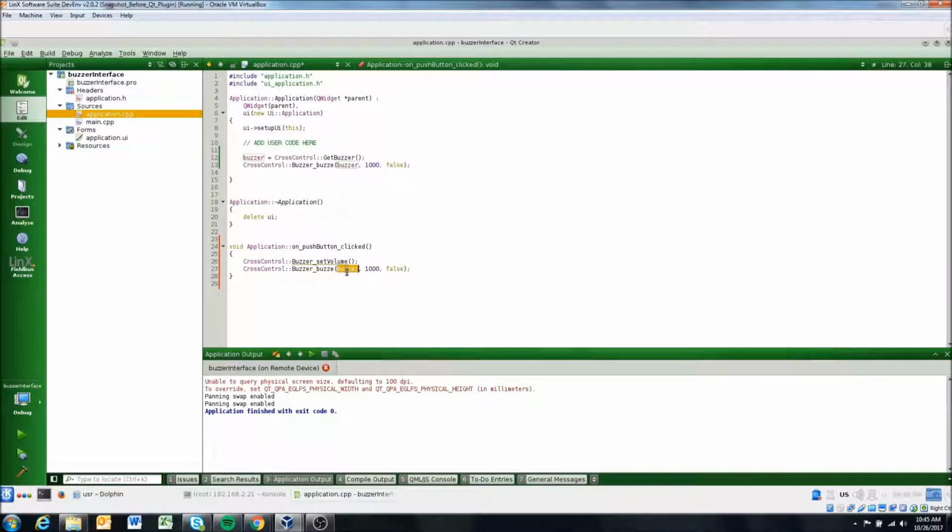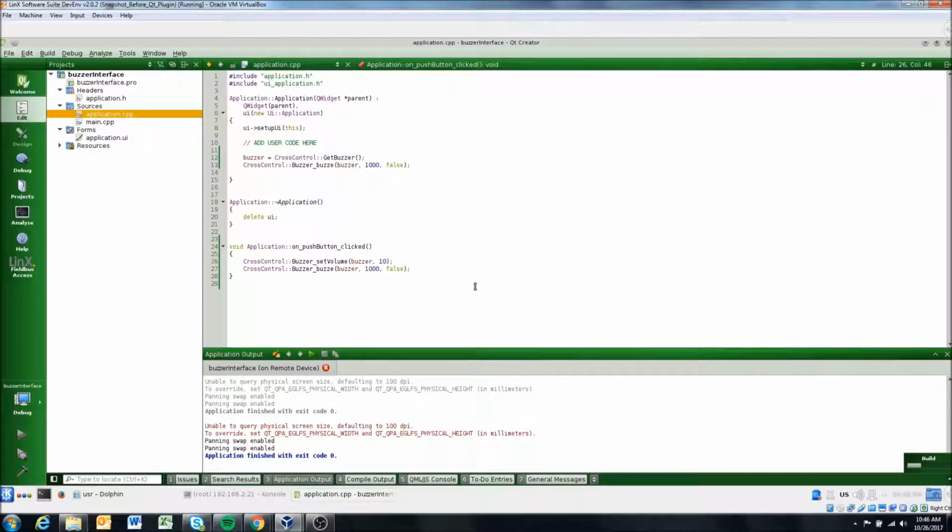So we need to give it the buzzer handle, which is buzzer. And then the volume will make it the loudest, so 51. So let's do this again. So now that's when it initialized, and I'm going to press the button, and we can hear it buzzing as the button's pressed. There's other things, I could set the volume lower to say 10, and we should hear